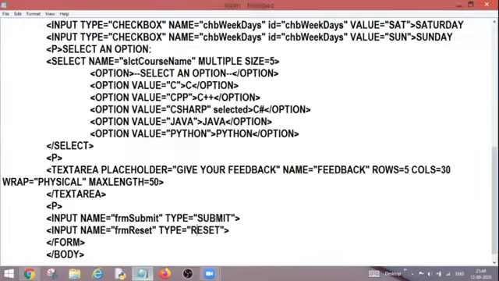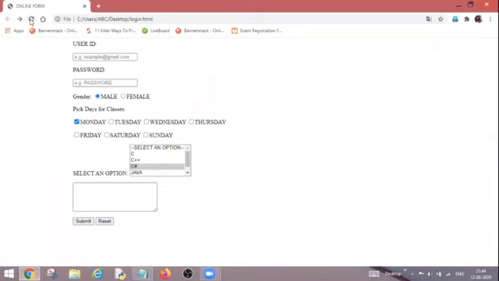Now I want to change its value. So what can I do? I want my text to appear in small letters, so I'm writing over here value as reset. Press Control S, go back and refresh. As you can see, by default it was appearing with the first letter capital and the rest small, but now after giving the value, it is appearing all in small letters.